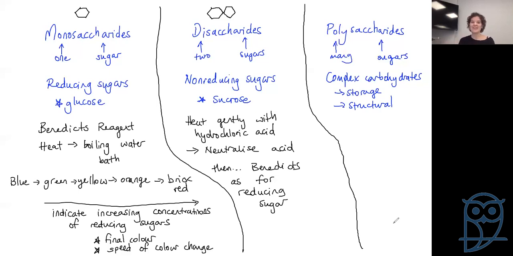Polysaccharides, you can take a wild guess that you've got the same test, but we've got to break it up first. So we can digest our starch, turn it into maltose, turn it into glucose, take it all the way down, and so on and so forth. Benedict's reagent. Okay, Benedict's just requires a reducing sugar. So,